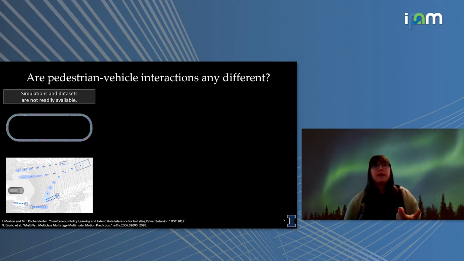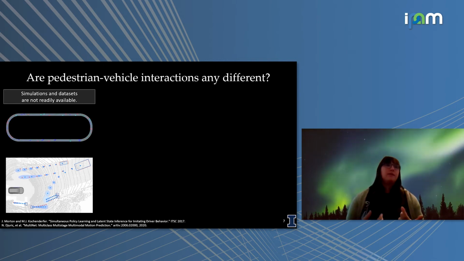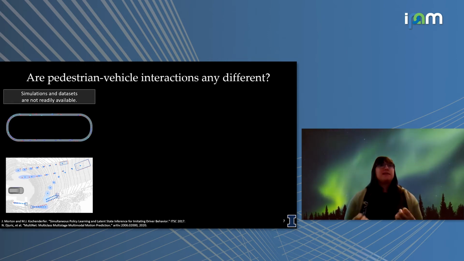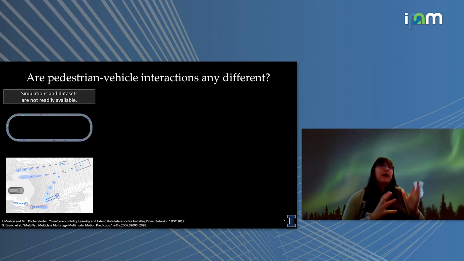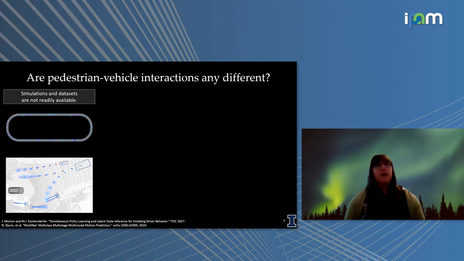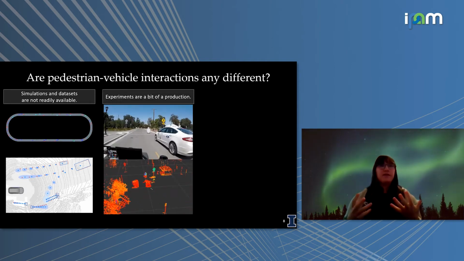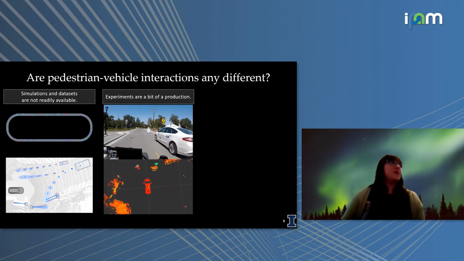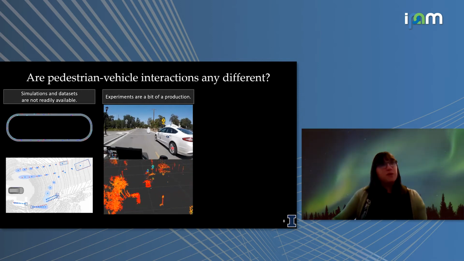However, if we start thinking about pedestrians, there are lots of crowd cases, but there really aren't the same sort of vehicle-pedestrian interaction cases. Usually we have only a few examples because this isn't a prevalent part of driving. Even if we don't have these systems available, we can also look at doing our own experiments. One thing that we found is that even doing these experiments with vehicles and pedestrians is a bit of a production. Here, this is the one experiment we could get approval for.